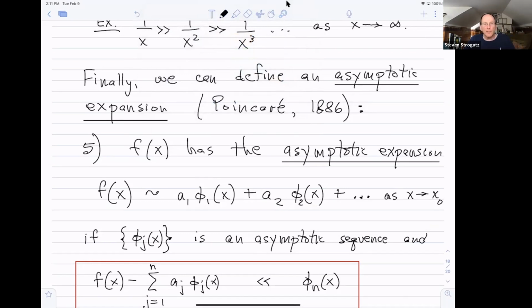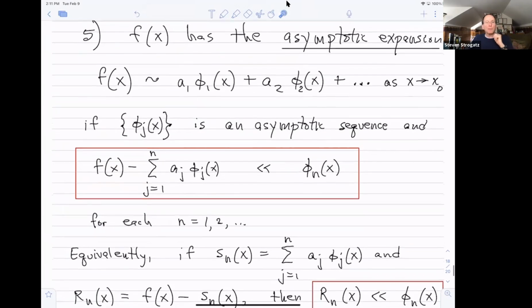There's an infinite series of these functions. This is an asymptotic expansion of f in terms of this asymptotic sequence of phi's, if the phi's really are an asymptotic sequence in the sense that I just defined above, and if you have this property in the red box,